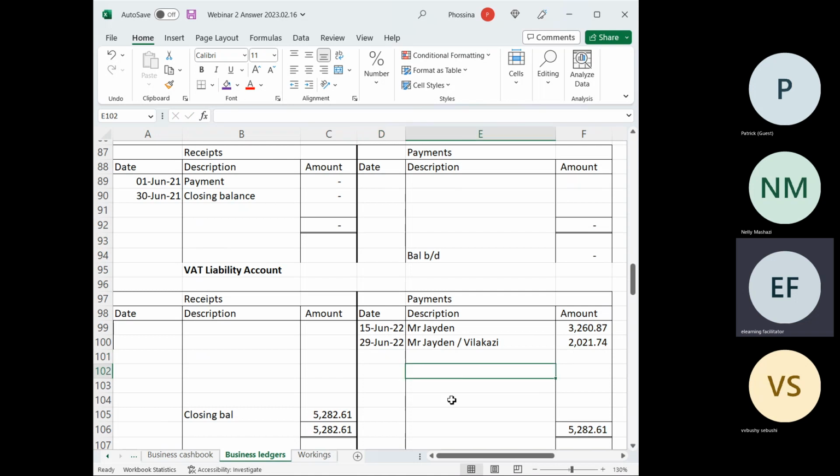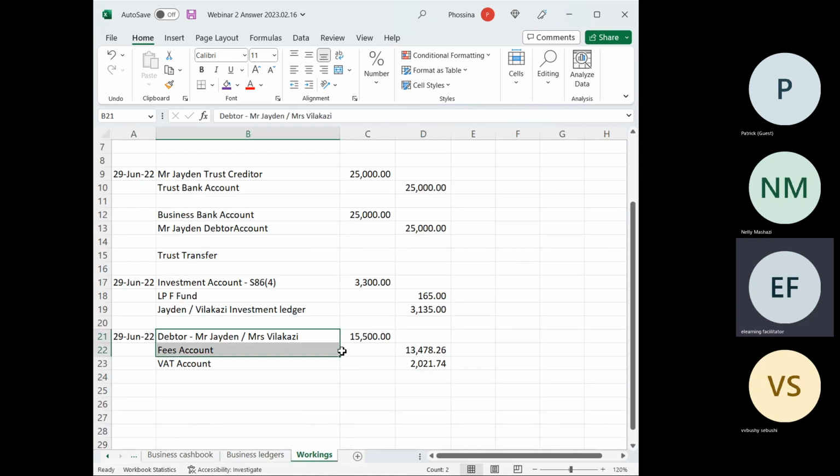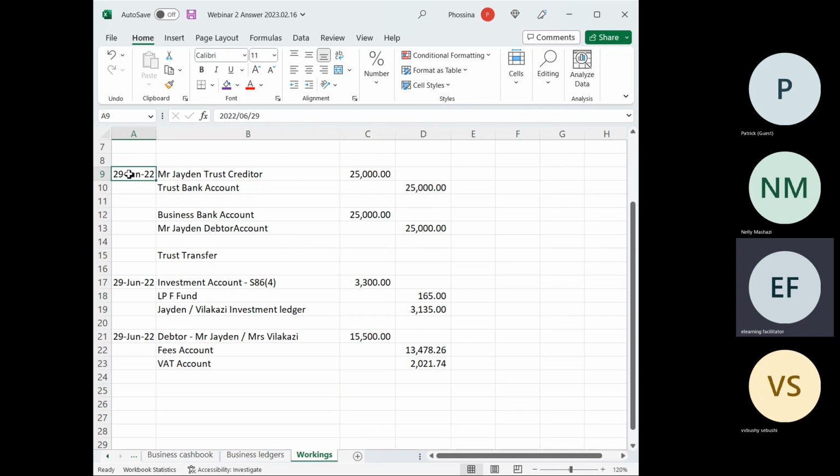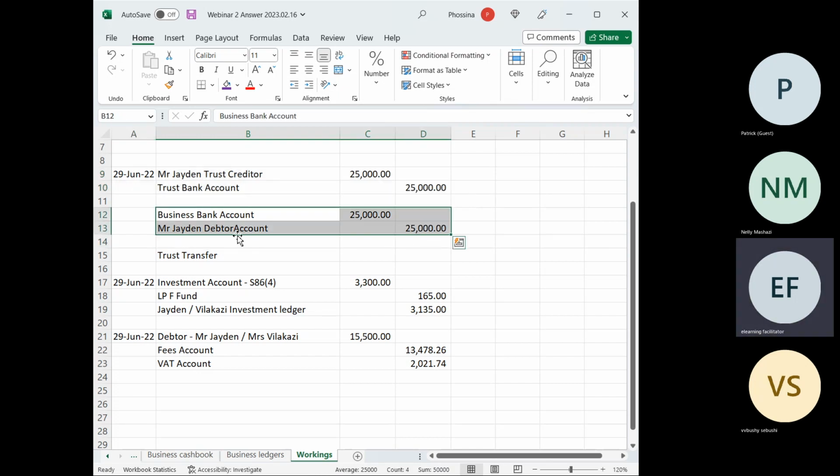Okay, so we have recorded this part of the transaction. And then we are told that this money is being transferred from the business account to the trust account. So we are doing a trust transfer, which is more like this transaction here on top. So already we've recorded this part on the trust side, and then on the business side, we now have to record the second leg. Which means that we are receiving in our